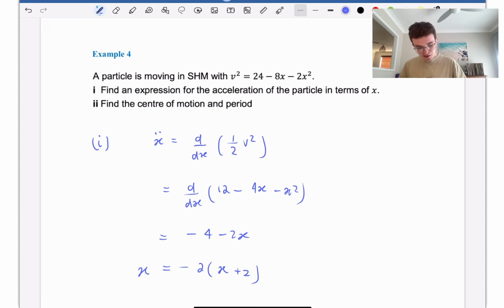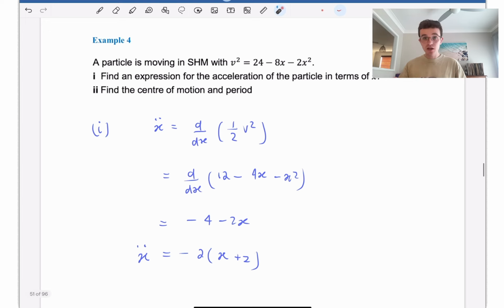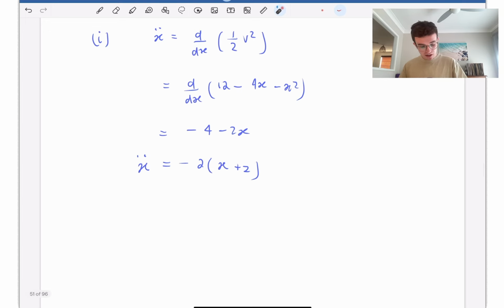Now, technically, this is an expression for acceleration. In fact, this is an expression for acceleration, but it's in simple harmonic motion. So we're going to express its acceleration in the form of simple harmonic motion, which is x double dot is equal to minus n squared x plus c. So this is going to be